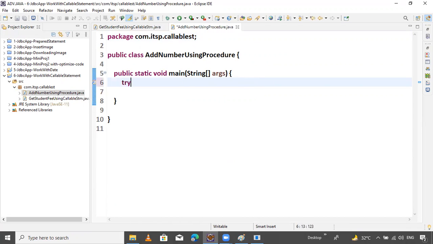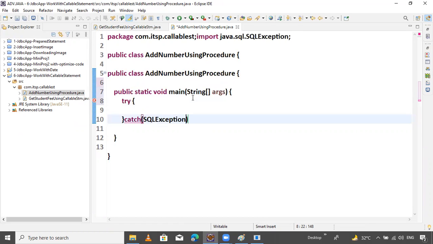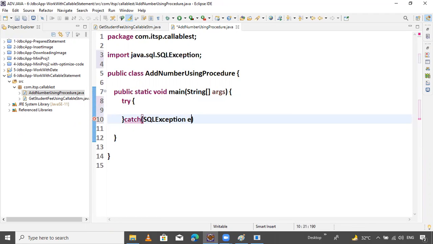So now try and catch. Here pass SQL exception. What is that exception? SQL exception.